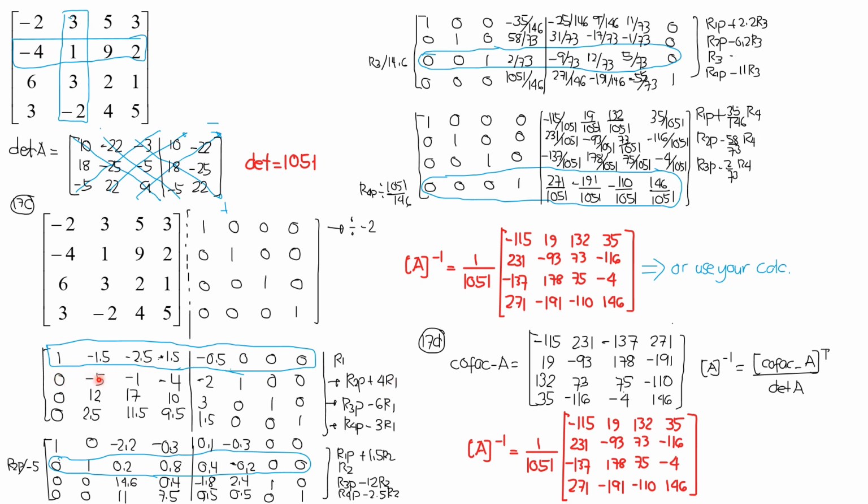Then this one, row 2 previous, 1 plus 4 times negative 1.5, 1 plus negative 6, so negative 5, and so on and so forth. You just follow this equation. Then row 3 previous minus 6 row 1, you will get these values. Then row 4 previous, which is this, minus 3 times row 1 to get these values.